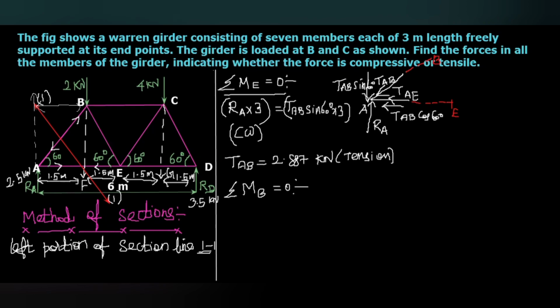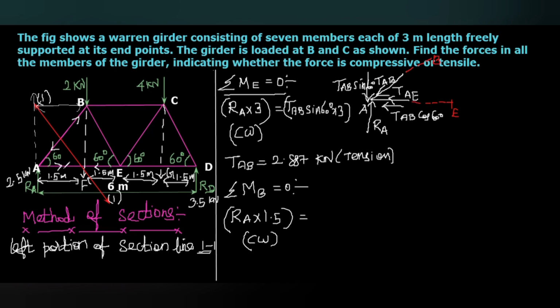So RA multiplied with 1.5, and here you can see this is acting in clockwise direction. This clockwise moment has to be counterbalanced by